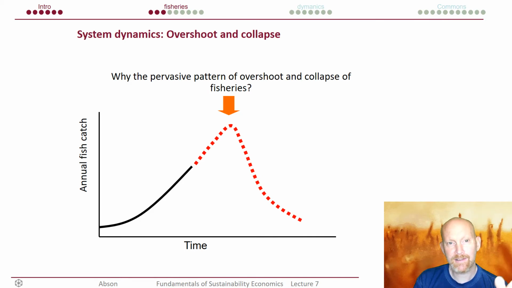So, I'm guessing, although I don't know for certain, that similar dynamics were found in our simulation of the fish tank of the Fish Banks game. The catch went up and then it collapsed and didn't really recover. This is a pervasive pattern that we see in open ocean fisheries called overshoot and collapse. Ideally, we'd want to maintain the fish catch at some sustainable level over time. So why doesn't that happen?